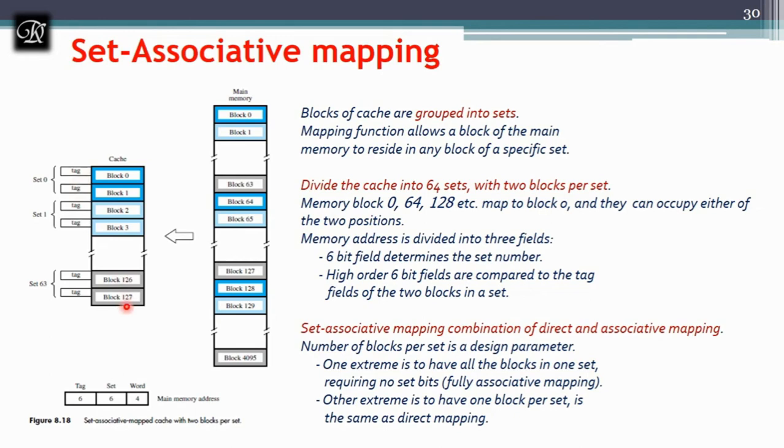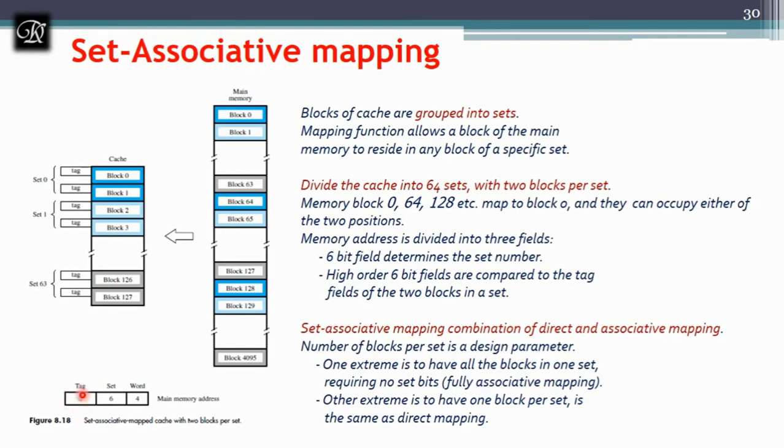Totally, how many blocks did I have in the cache? That is 128. If you group them by 2, then you will have 64 sets. 64 is 2 to the power of 6, so 6 bits are enough to address the 64 sets, and the remaining 6 go to the tag line, as in direct mapping. I told you this is a combination of direct mapping and set associative mapping. That's why the tag line comes into the picture again here.